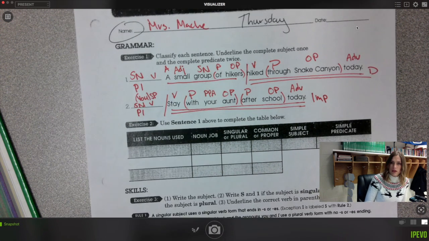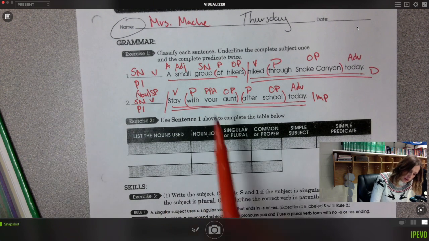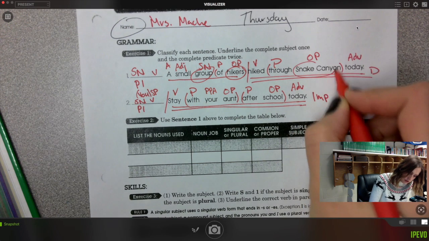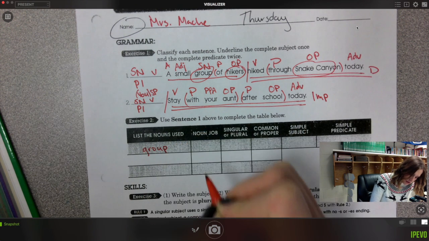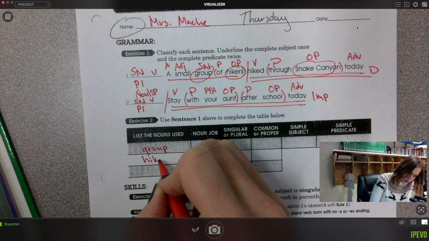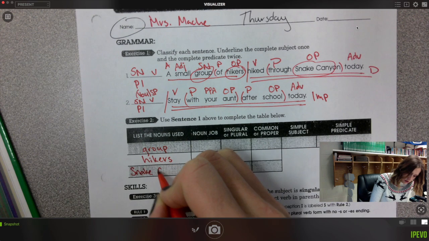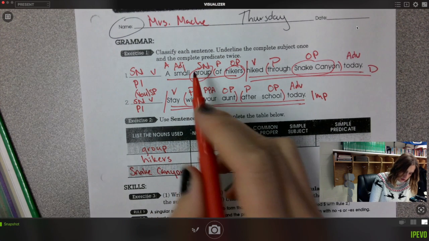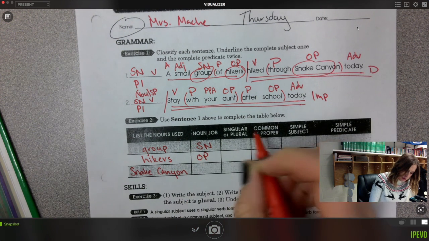Use sentence 1 to complete the table. So let's look at those nouns. We've got a subject noun here, group, hikers, and Snake Canyon. Noun job: group was the subject noun, hikers was the object of the preposition, and then Snake Canyon is the